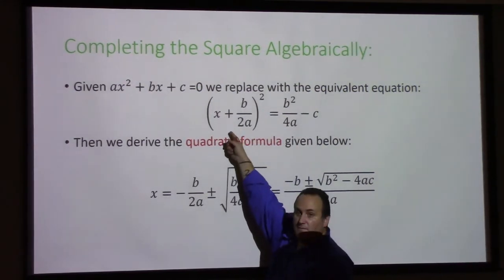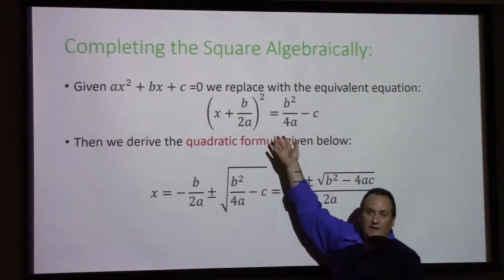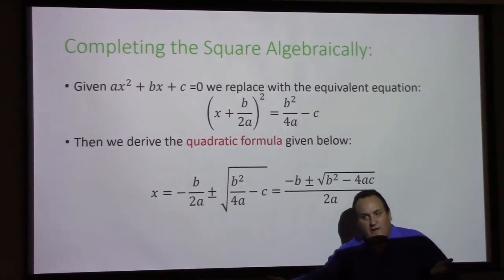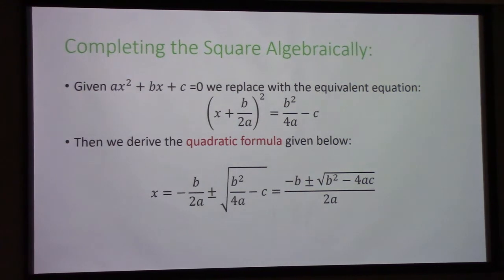Anyway, so I have to add that to the other side to be fair, and I move the c to the other side. There you go. And then to solve this, you just take the square root of both sides, and you have to allow for plus or minus because of the way the square root works. This is solution by completing the square of a quadratic formula. Some of you learned this in high school algebra, right? Show of hands, who remembers this vaguely? Good, good, good. Why is it called completing the square?